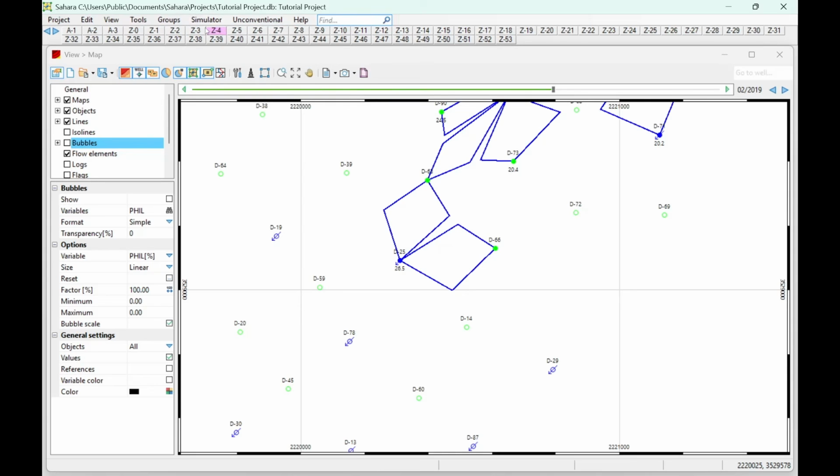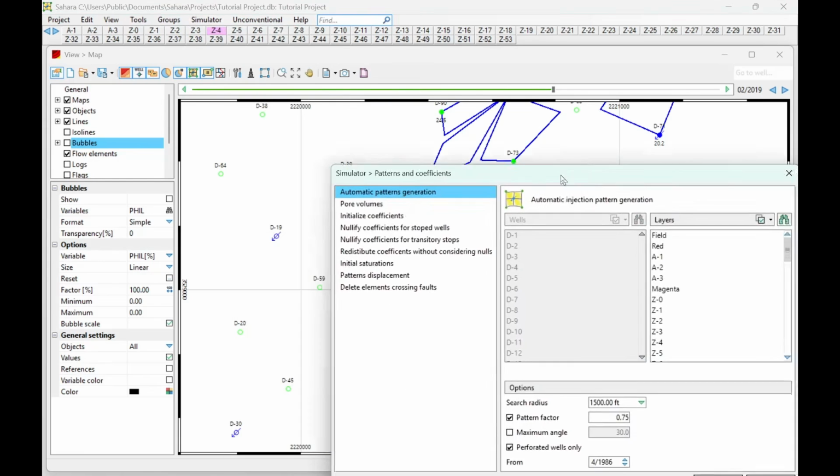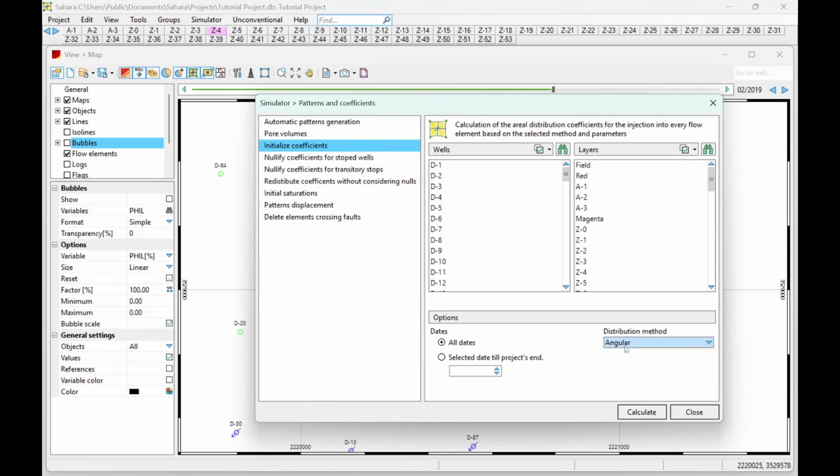So let's go back to the options, and here we have angular and per volume, and map. Well, here with map, you will select one of the maps that you have available loaded in the project using one of the functions here. The idea is that with this method, you will consider a volumetry taking the flow elements as a polygon. Given a pattern centered on the injector, all the different elements are taken and the volumetry is calculated using the